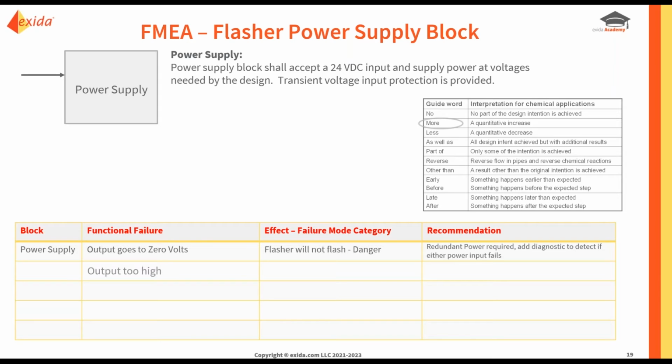What if it says more? That's the next one. Well, what if the input power or the output voltages go too high? Uh-oh, that doesn't sound good. Well, if the input goes too high, the transient protection should blow a fuse. And all we have to do then is replace the fuse. Obviously, that's a fail danger. The flasher will not flash if the fuse blows, but you know,